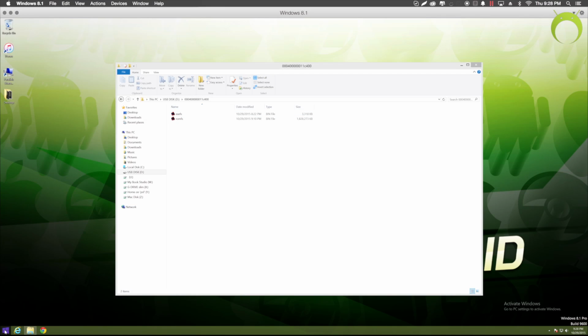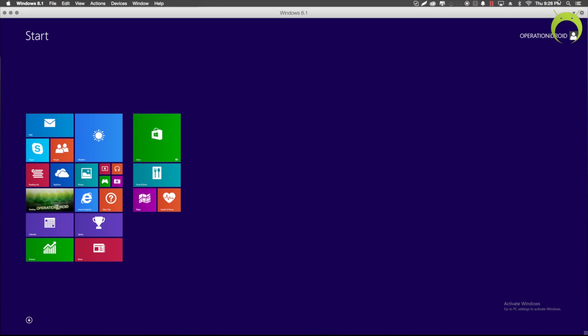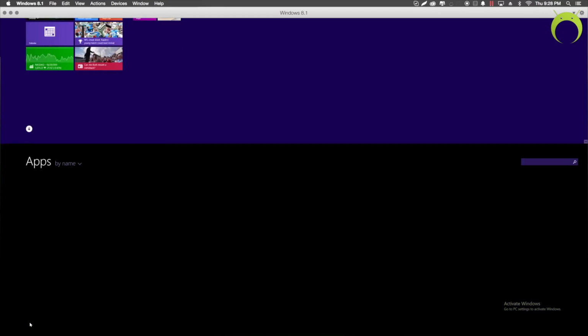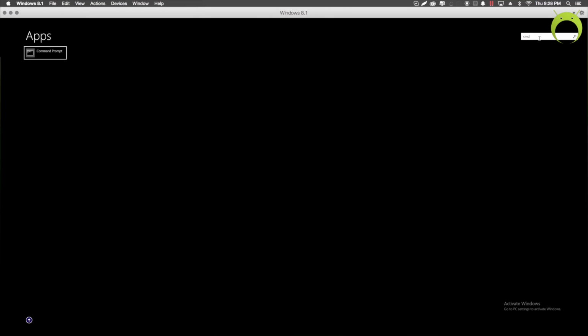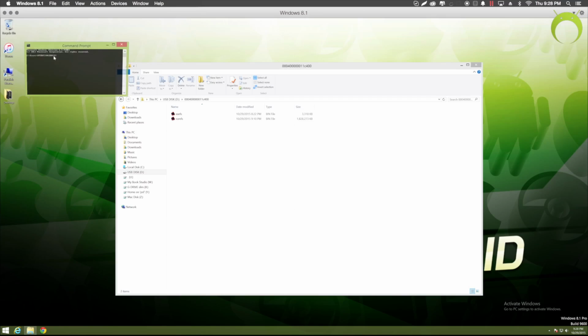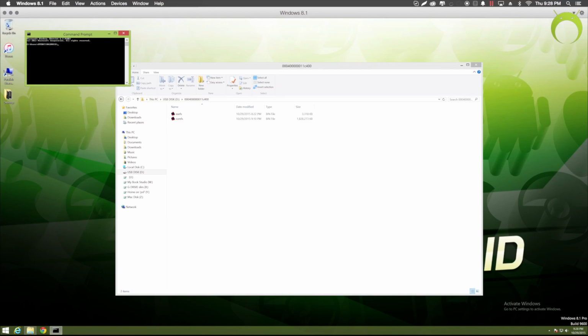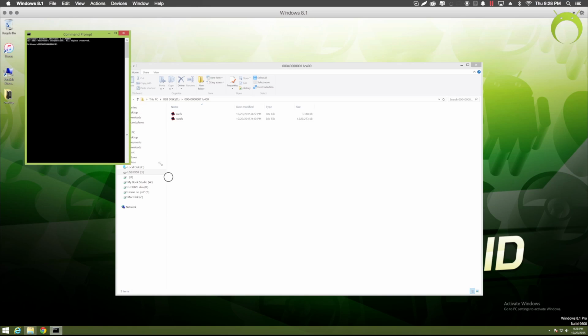So to actually randomize your game, you're going to go ahead and open your command prompt. So go into your search or your applications, however you know how to do it, and search CMD, which is your command prompt, and open that application. Once that application is open, make note of where your command prompt sends files to. As you can see, mine says it sends it to C user operation iDroid. So I'm going to go ahead and go to that location in my control panel.